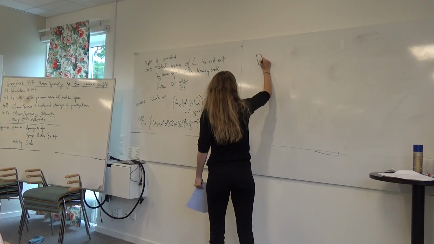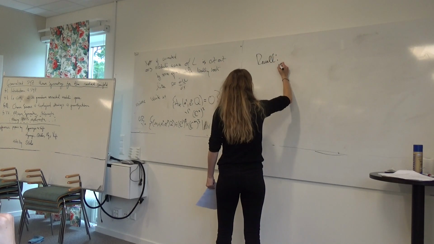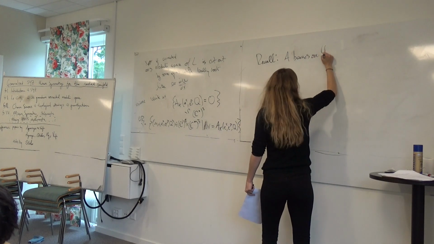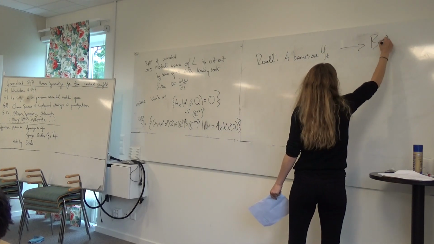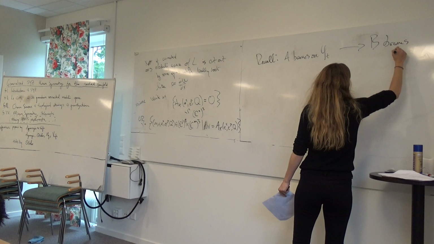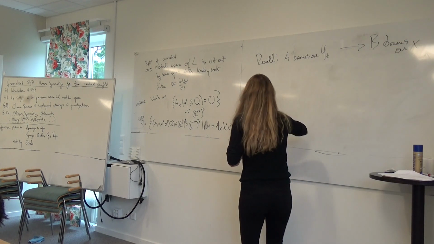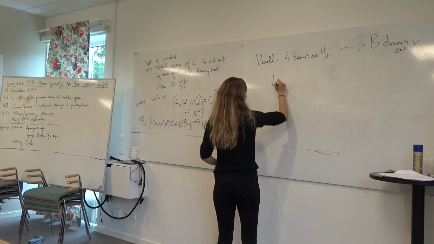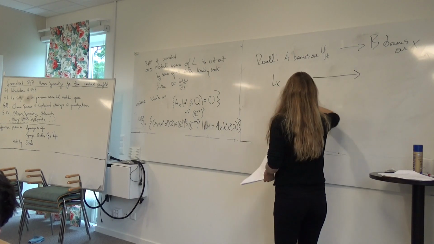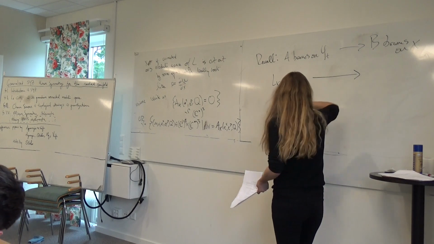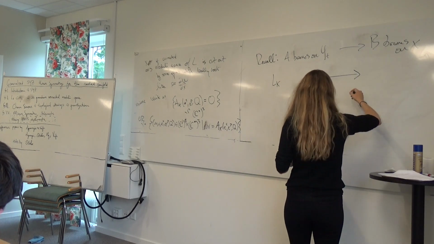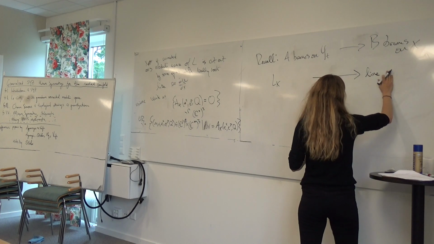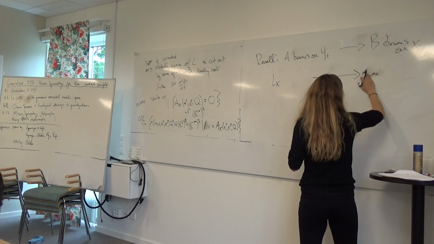Recall that we should have A-branes on Y_T corresponding to B-branes on X. So for example, we can talk about where L_K is sent, because L_K is an A-brane on Y_T, and so L_K corresponds to the line or the points